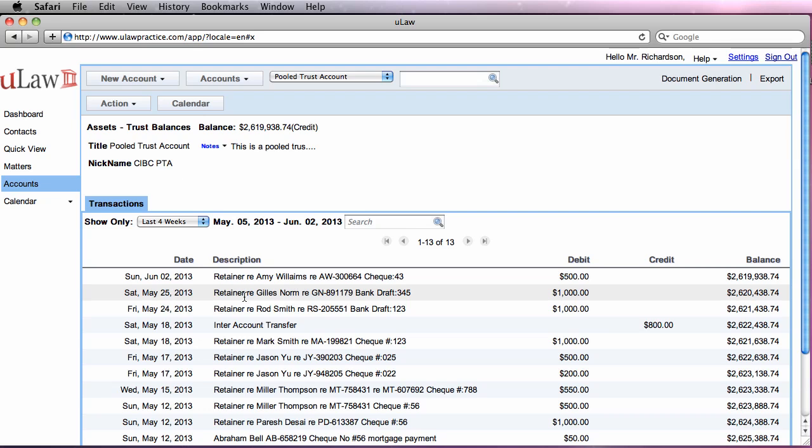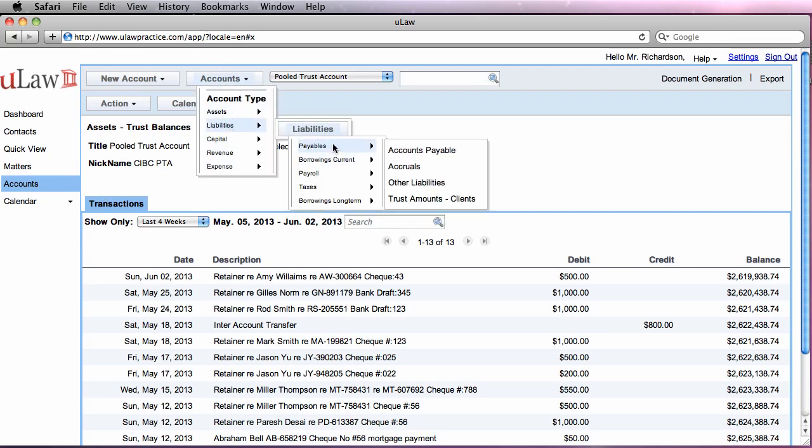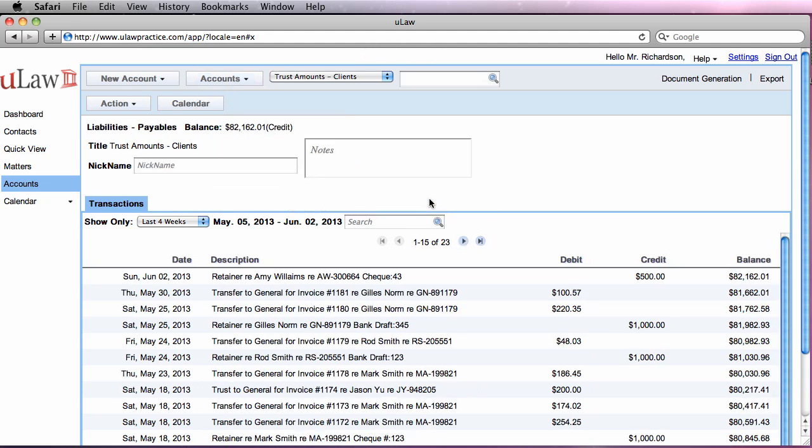This tutorial will explain the difference between a trust account and a trust amount client account. A trust account is actually an asset. It's basically money sitting in the bank in trust. Now, trust amount client account, however, is a liability account. In liability, you have trust amount clients, which basically is the double entry for the trust account that you